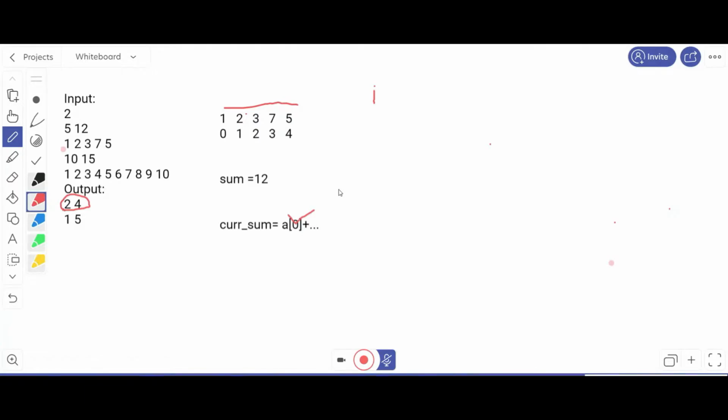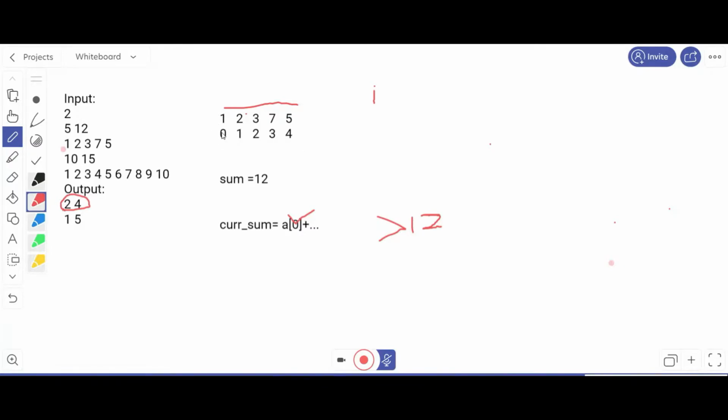And if in case our current sum becomes greater than our sum s, that is 12, I have to start removing the elements starting from my first